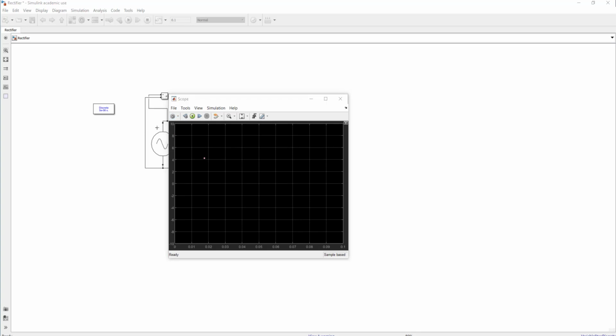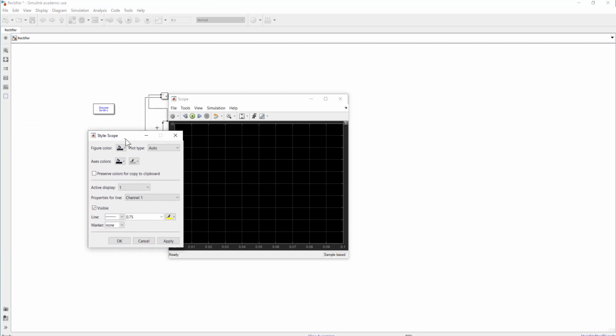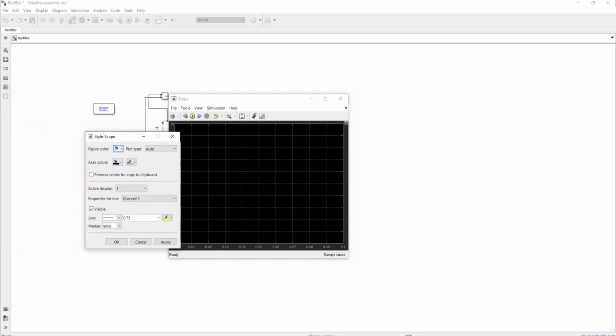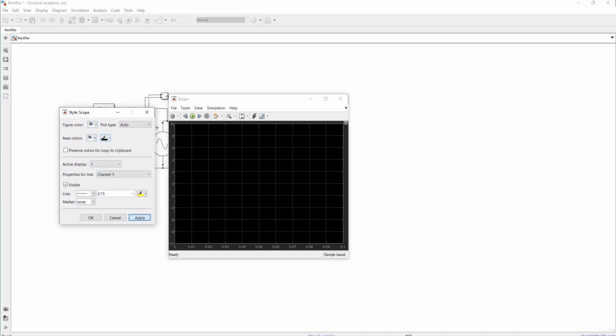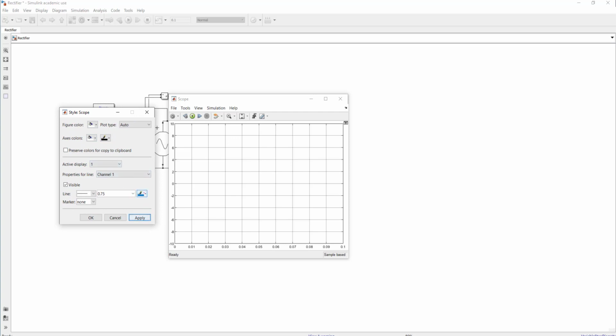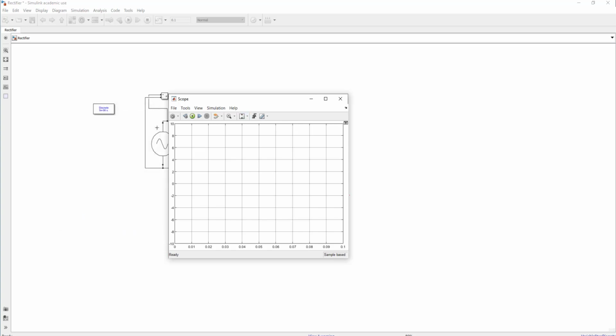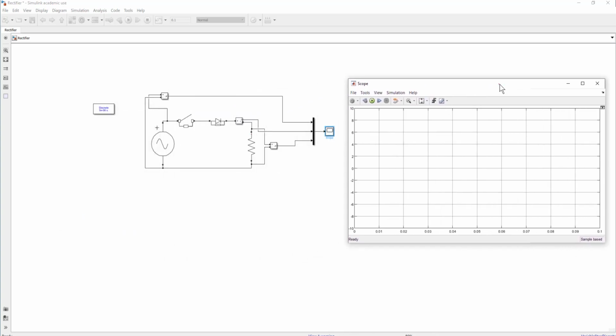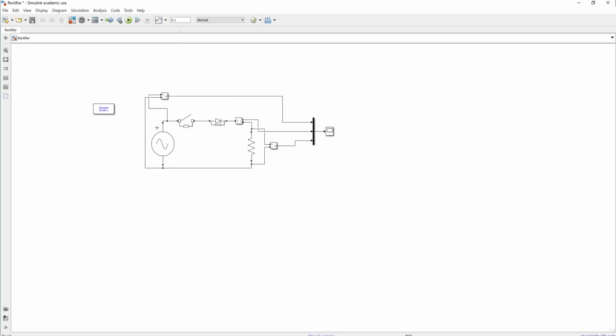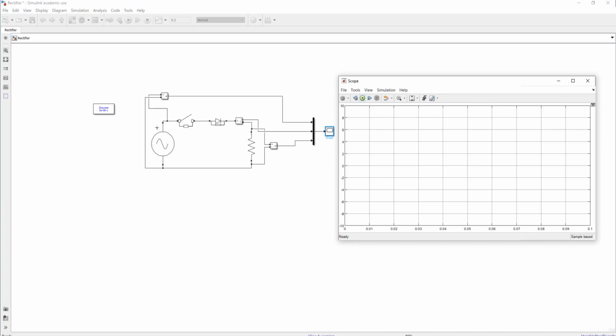And then this scope, let us beautify this scope. So let us take colors like our liked colors of these things, figure color white and white and black, apply, and the lines is okay. Okay, so I'll just make it okay. Now I'll drag this a little bit and let us see what is happening, and the time let us take as 0.2, that is fine. Let us see how the things are happening. Okay, let us start.